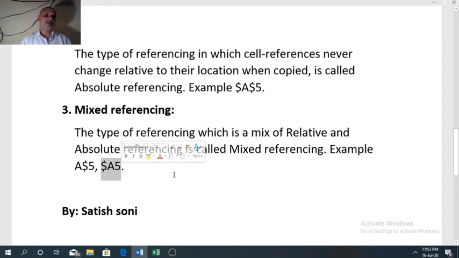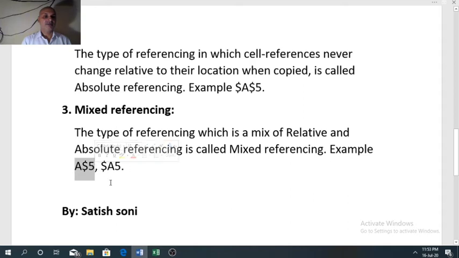It means between the column name and row number we have to put a dollar sign either before the column name or before the row number. It means one thing will be relative referencing.